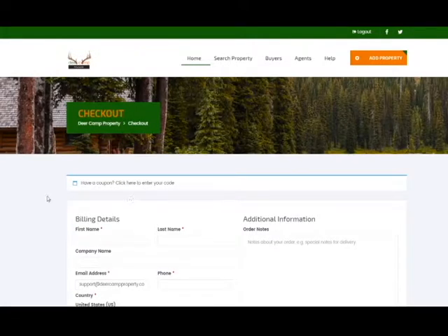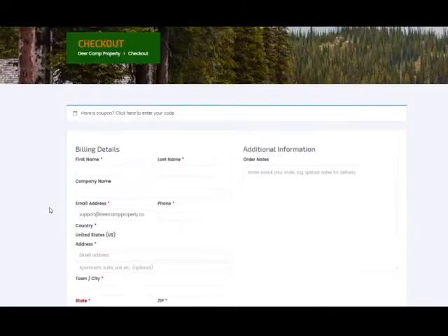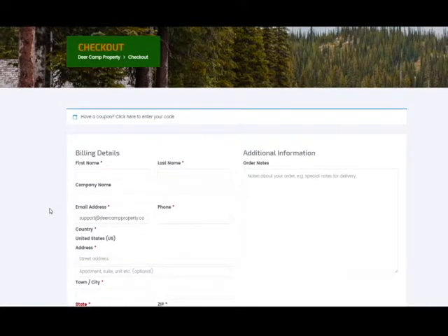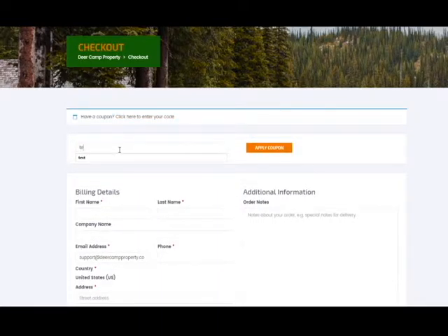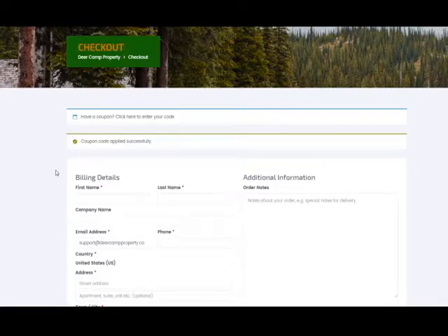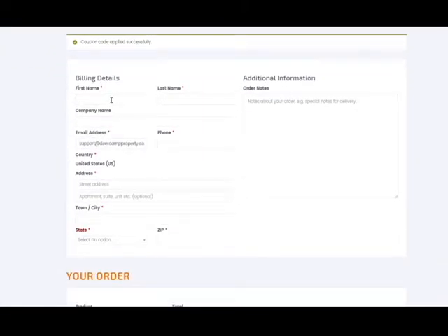Now this is going to take you to the billing information and details. If you have a coupon code, you can enter it here. I've set one up for a test, so we're going to put that in. We're going to apply that, and if you've received an email or anything with a coupon code in it, that's where you'll do that. So billing details here, this is pretty standard stuff. We're going to put in our first name, last name, your phone number,